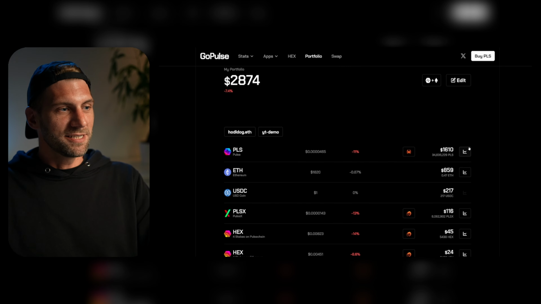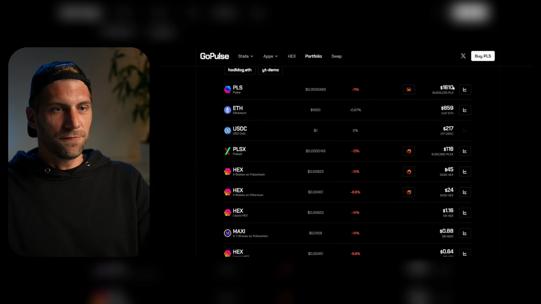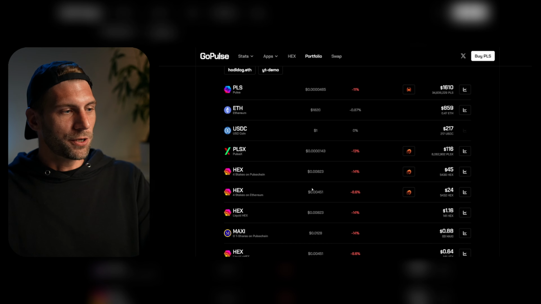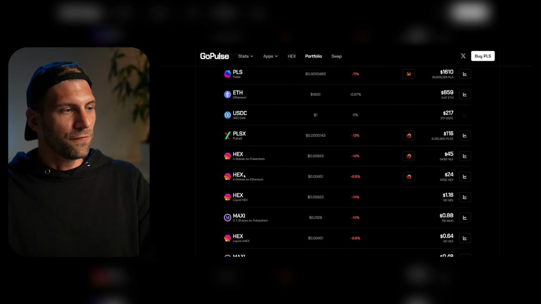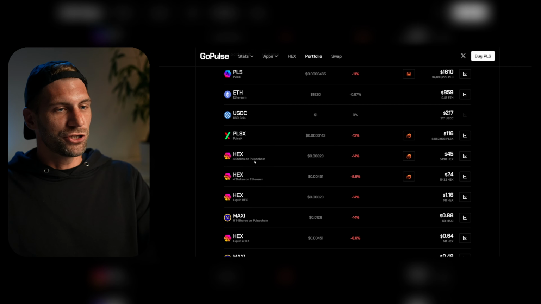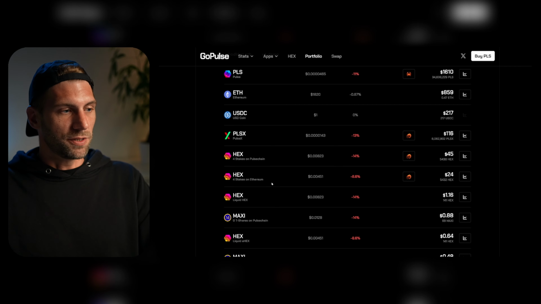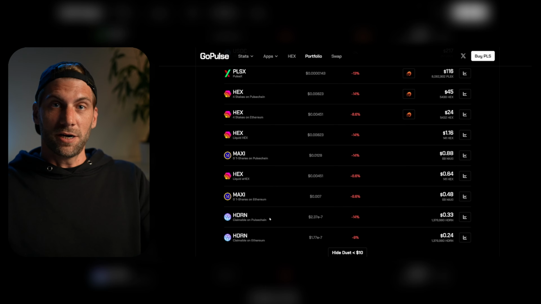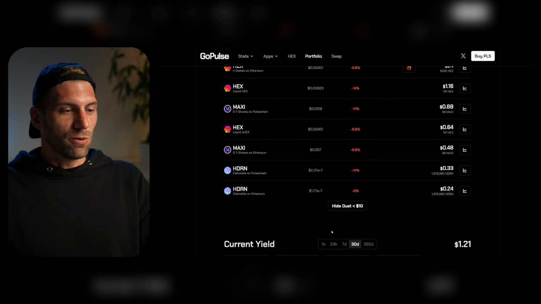Let me close the settings again. As you see, you can see from the highest amount to the smaller amount what I have going on here on my portfolio. As for example mentioned before, I have my 4 stakes on Pulse Chain and I have my 4 stakes on Ethereum. We have other tokens in this wallet, which are at the moment 2 wallet,